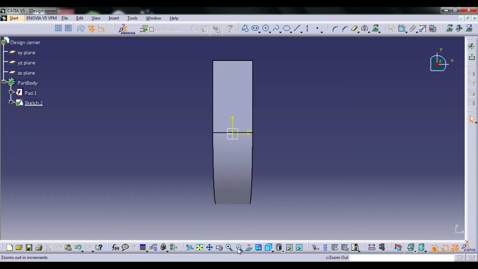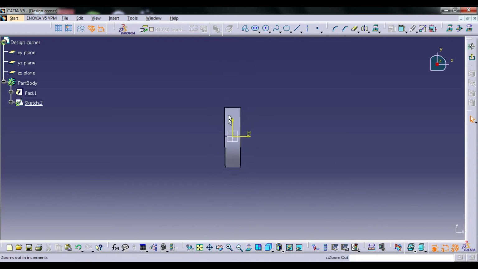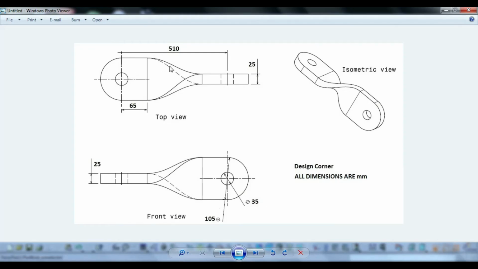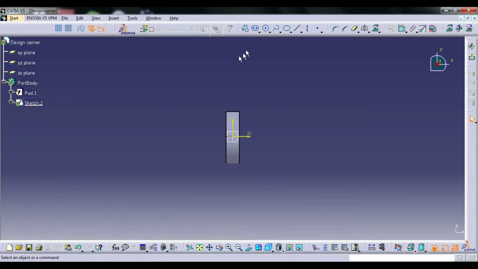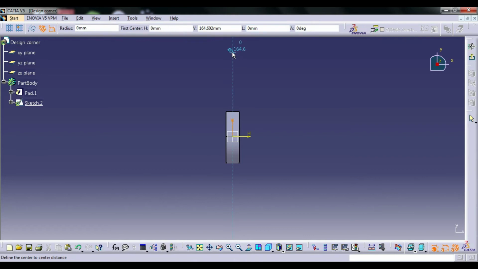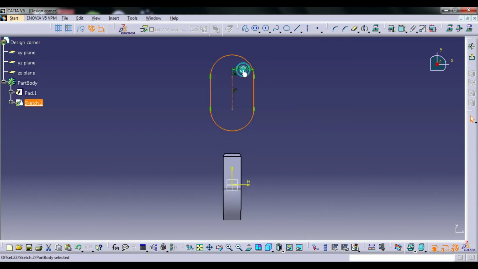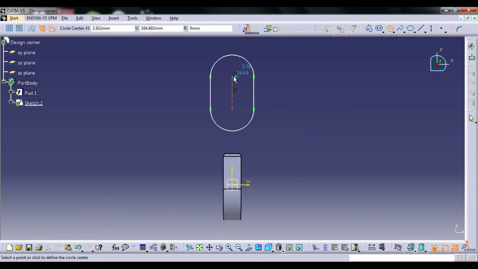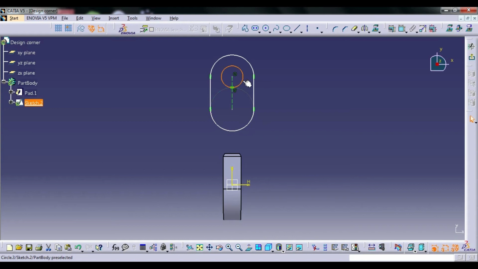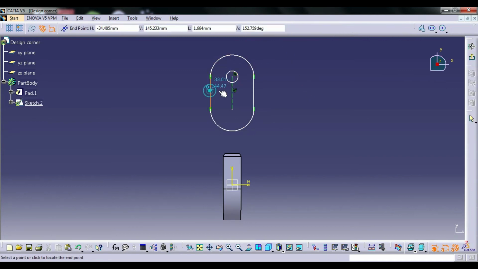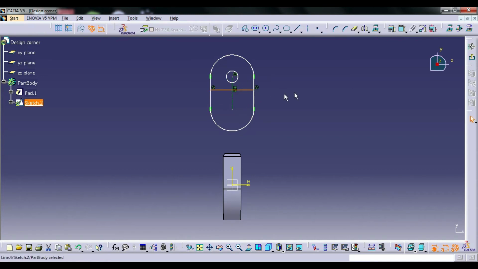Again you draw the same design on the XY plane, in the center.